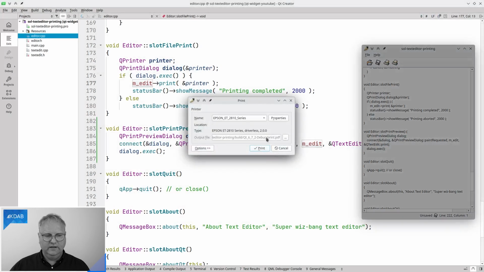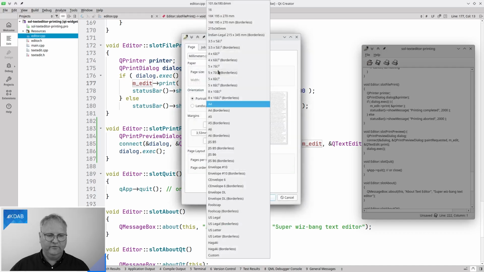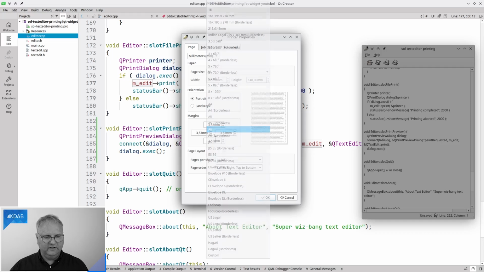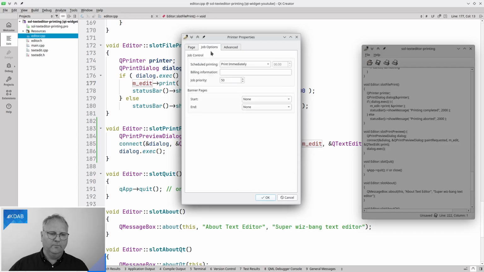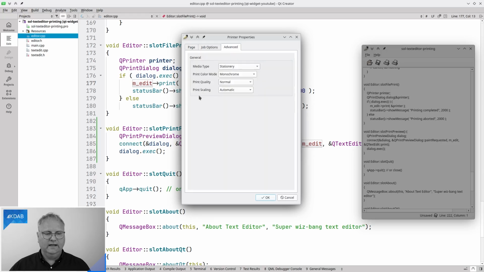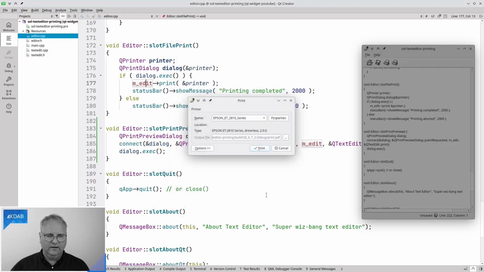So pressing this one here, I can choose between the different printers or print to file. I can set up some properties like what kind of pages is in my printer here. I obviously am printing on a very small piece of paper, and I can specify whether it should be landscape or portrait, and some job options. Should it print immediately, what kind of paper, and so on. And once I've said OK and pressed print, you would be hearing my printer start printing so many pages from this document on very small pieces of paper. So I won't do that.